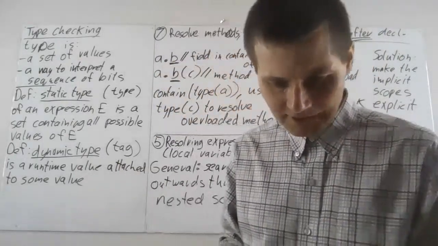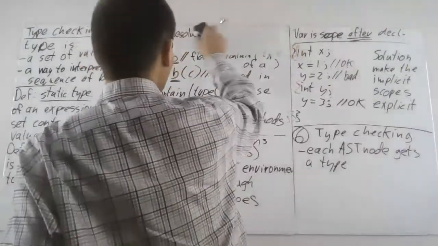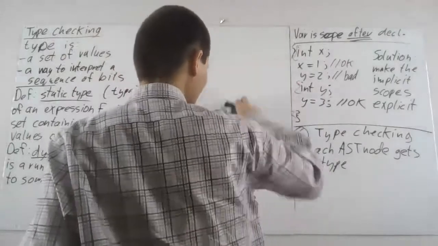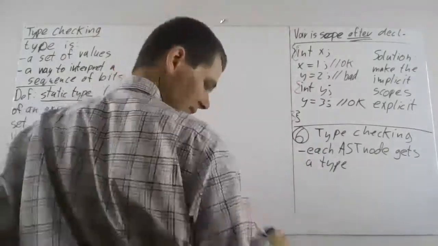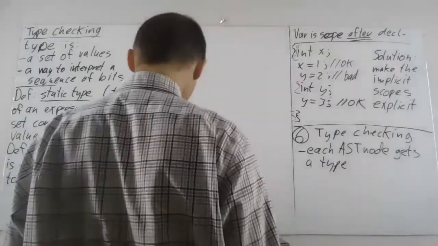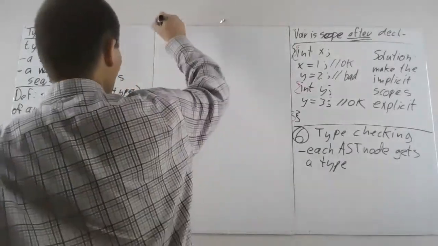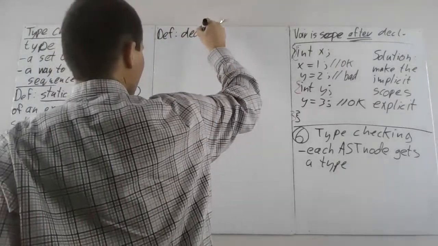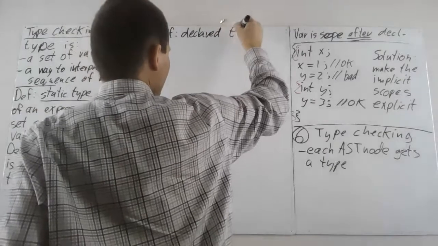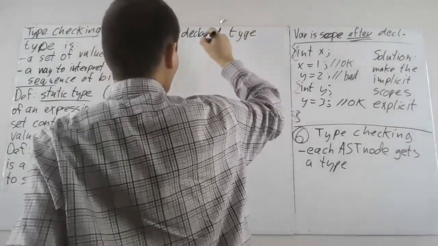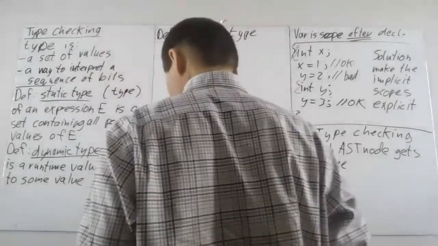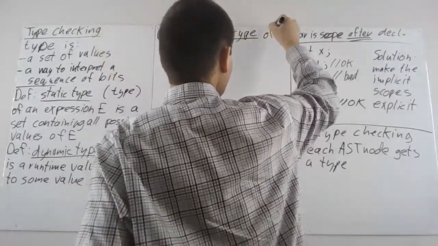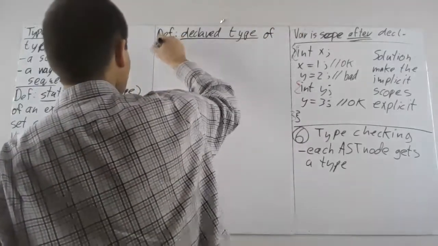Okay, I've got a few more definitions, and if we get them out of the way today, then we'll be able to actually do type checking next week. So I've got one more thing. So we have static type, dynamic type. I'm going to talk about the declared type, and this is something that you attach to a variable,